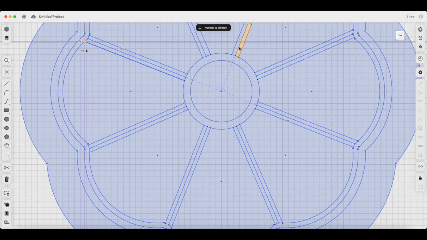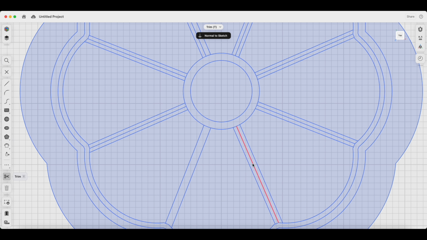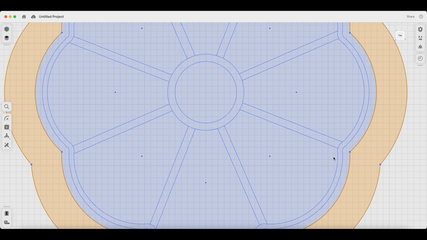You can check if all the lines are correctly connected when you move your mouse over every shape here. It should be highlighted like this, every single one of them. So let's go to trim, just remove the middle ones. Then we exit sketching,